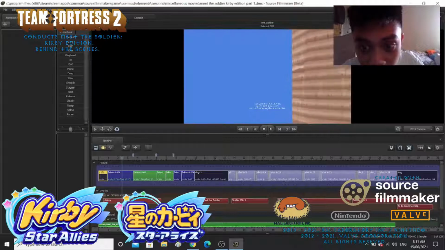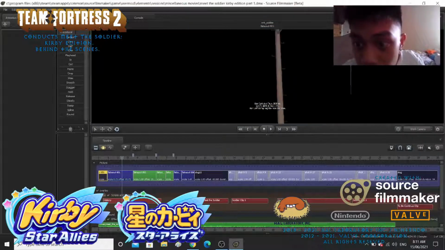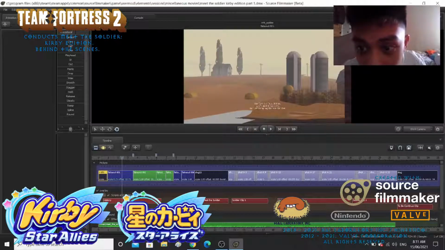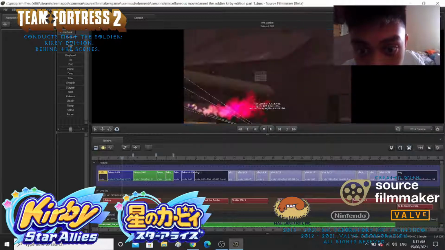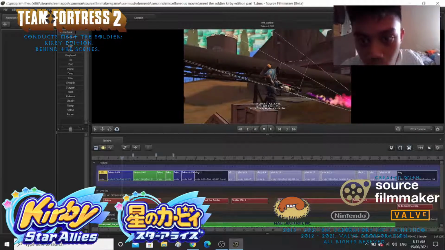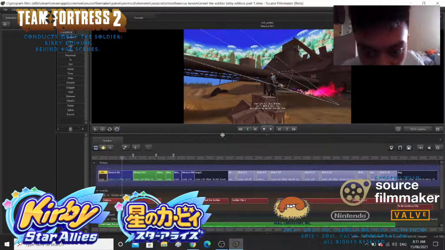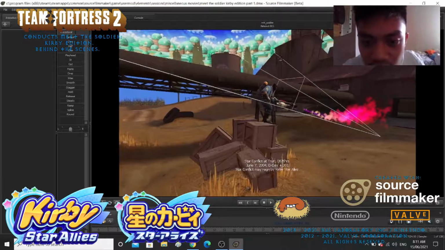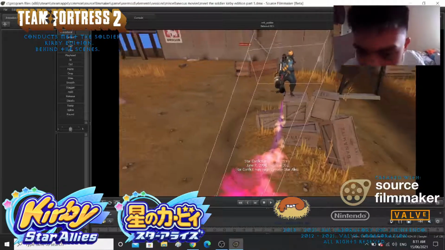I'll go forward to see more information about the back sheets. Let's see. Okay, so the first thing we're gonna need to do is, you can see that the Kirby's camera has